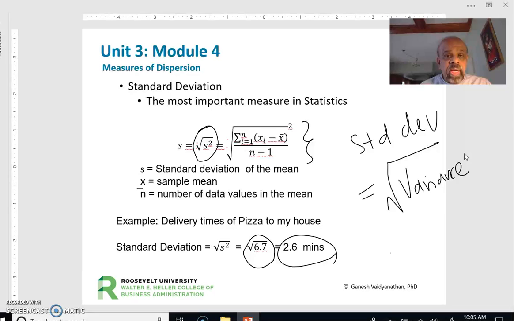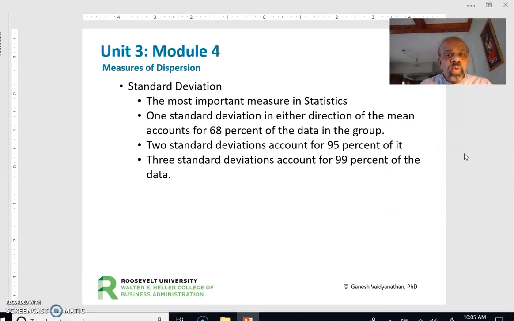Now, let's look at the next one, which is basically the standard deviation. Standard deviation is actually the most important measure. Remember, I said variance also, but both of them are very much the same. One is the square root of the other. That's the reason I said both of them are very, very important. But anyway, the standard deviation is really important in the sense that you can find how things are varied in